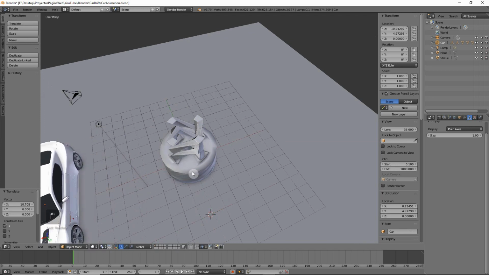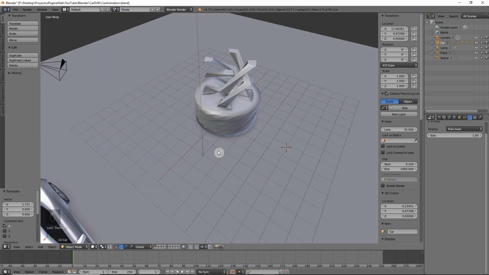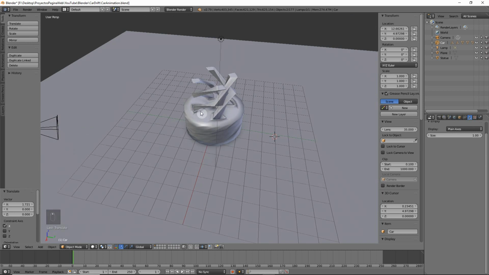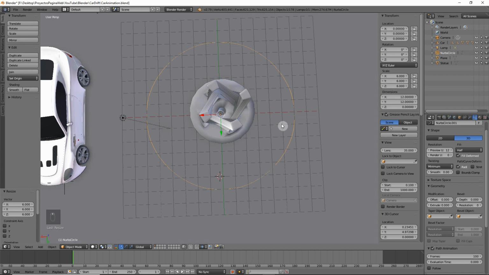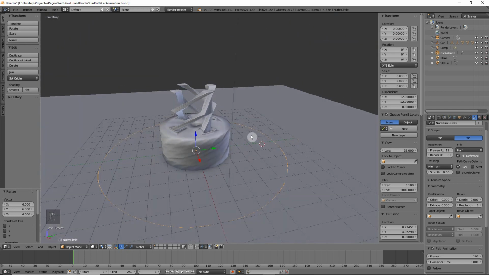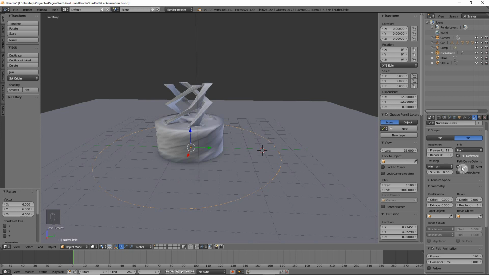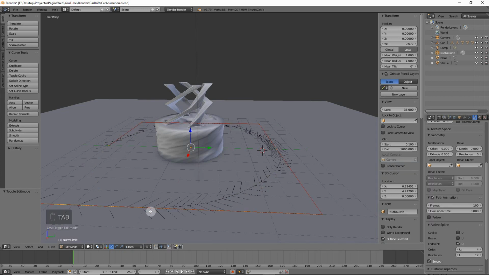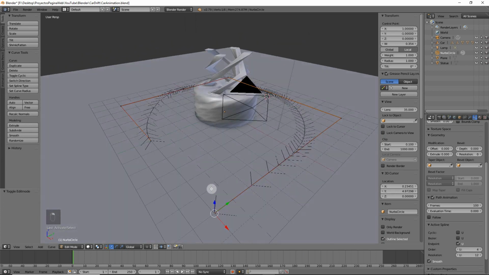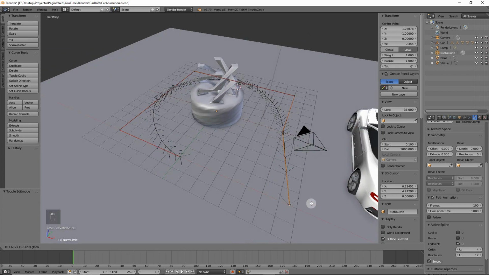so we can create a path for the circuit. This is where the car is going to rotate around. Let's just create a curve NURBS. We place it to the 0. We're going to scale it 4 times, no, maybe 6 times, and this is going to be the track of the car. We can adapt it afterwards a bit more, and what we want to do is to not make it cyclic. We click on endpoint, go to edit mode, placing that here, and the car is going to enter